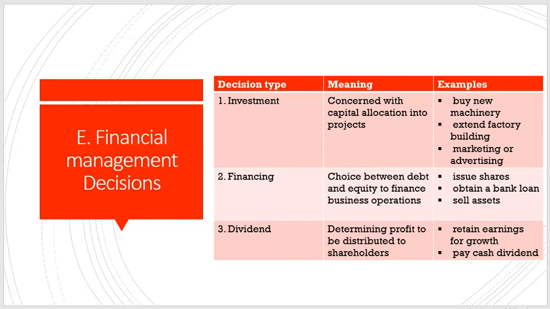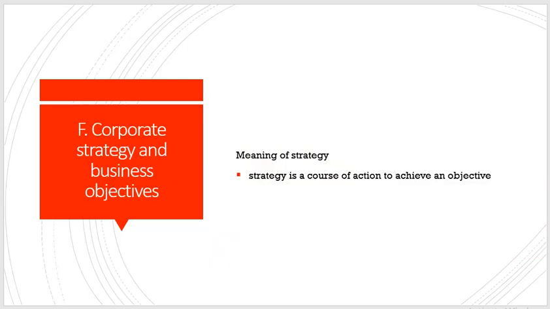So the other decision can be working capital. Of course, it's not explained in these books, but other books say working capital, where you have to manage your day-to-day financial operations. And we can also talk about risk management decisions, but this will be covered later. But those are the main decisions in financial management.